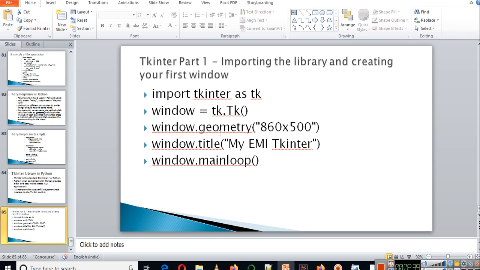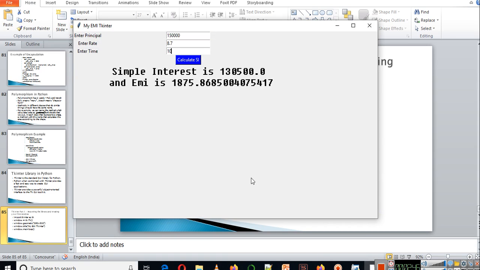So I will deal with tkinter basics step by step, and by the end of this tutorial you will be able to create something like this. You can create a GUI application where you can calculate EMI, you can calculate area of triangles, you can take user input and print table of any particular number, or you can do anything because you know the formula.